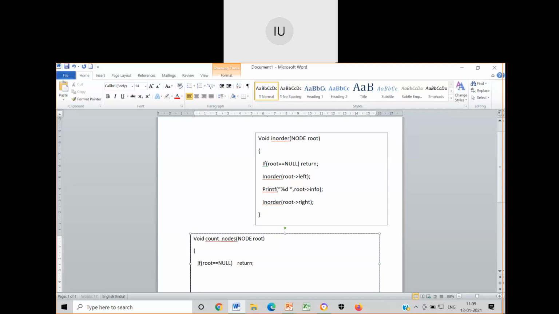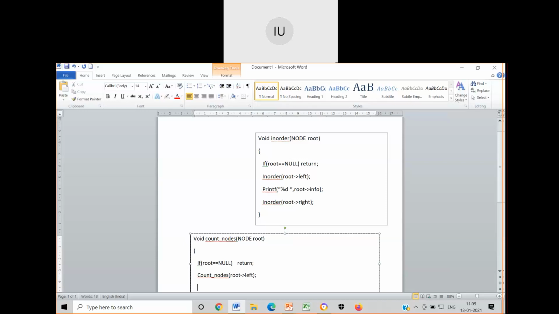Now what next? I'm using in-order traversal, so I will write count underscore nodes. Instead of writing inorder, I have replaced that with this function. What is the function that I'm writing? Count underscore nodes of root arrow left.